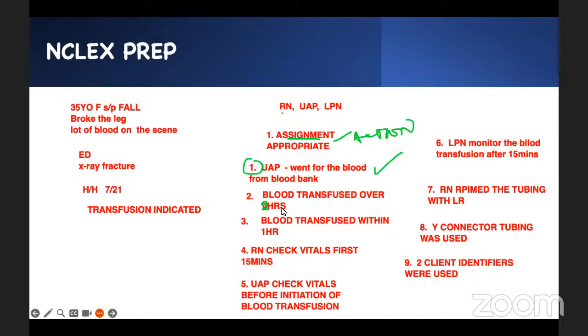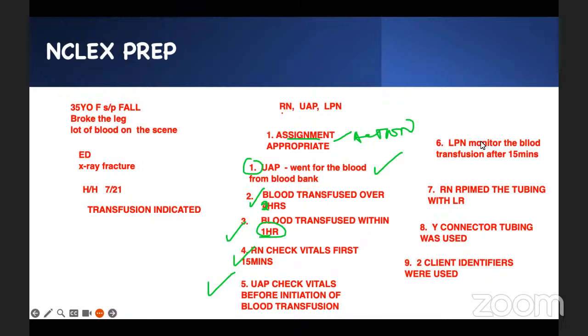The blood can be transfused usually 1 to 2 hours, but it should not go more than 4 hours. So 2 hours is fine. Blood should be transfused within an hour after you get it, we got to get it done quickly. RN check vitals the first 15 minutes is also right. UAP check the vitals before initiation. Yeah, before you start, UAP can check the vitals before you do the transfusion, but after the transfusion started, the 15 minutes is done by the